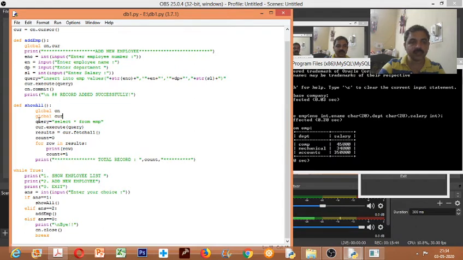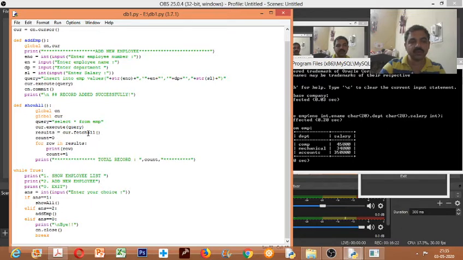So this command has to be executed. So cur.execute, write that query. This command will be executed, but whatever is executed directly doesn't display in Python. So you need to fetch that data and display it in a result set. To display that, we need to write the cursor.fetchall function. The fetchall function fetches the records based on the query. It fetches and stores them in a result set called results. So results will store the data.